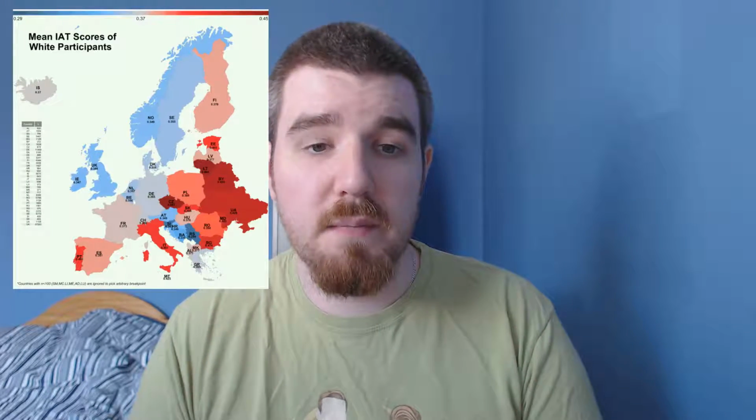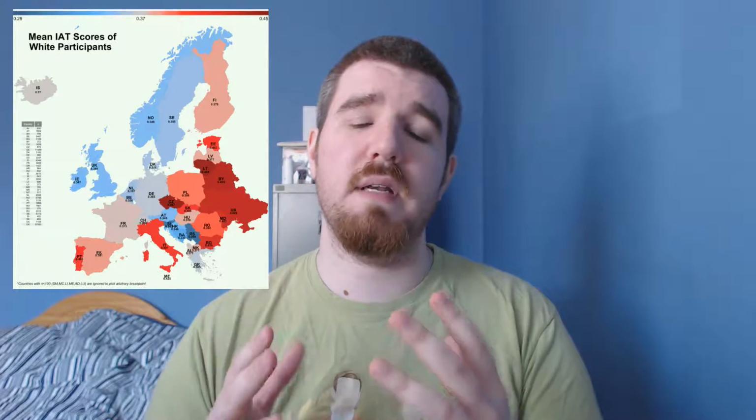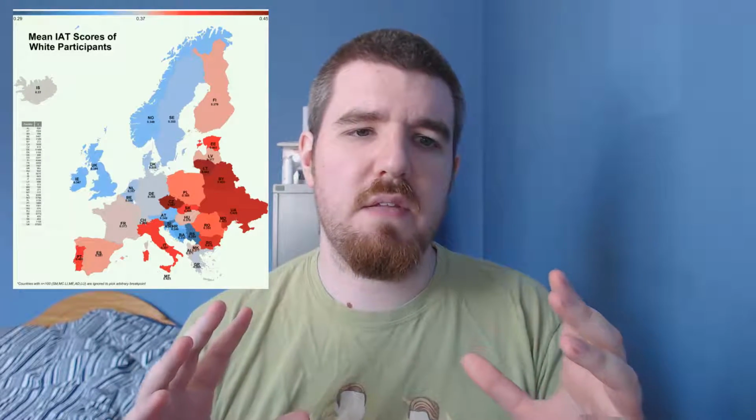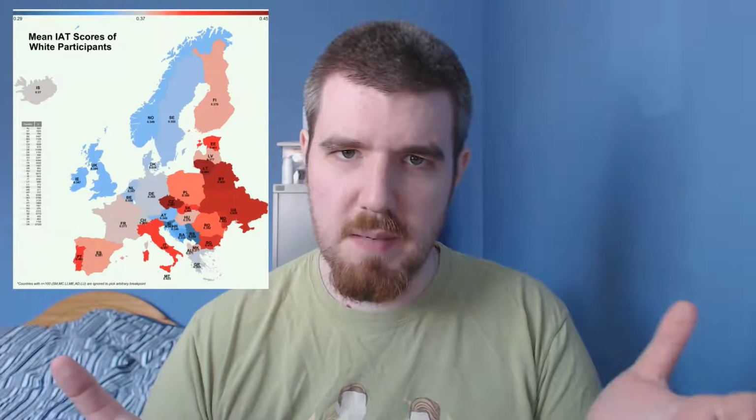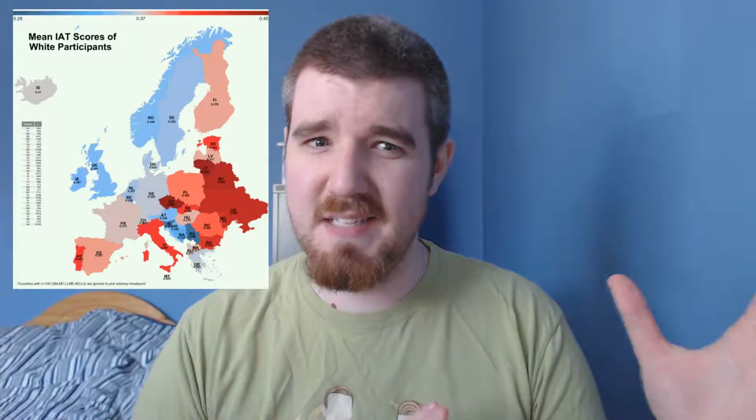But the article that was put up was from May 2017, just a couple of months back. And it was about this map, which is here, which apparently shows the mean IAT scores, or implicit association test scores, of white participants within this area of Europe,